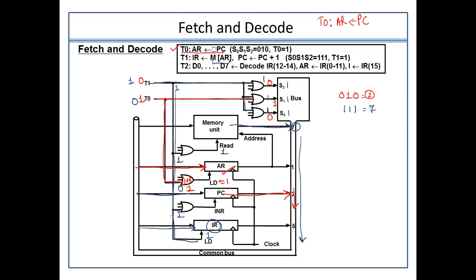Similarly, if we look at the program counter's values, the increment value means it will get incremented by default, and the read operation in the memory will also take place. So ultimately, this T1 clock cycle leads to the completion of the fetch phase. I hope that you have understood this idea in more detail. Similarly, T2, T3, T4 and T5 will take place until the execution of the entire instruction is complete.